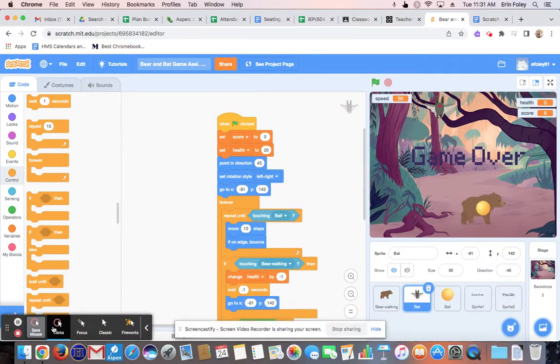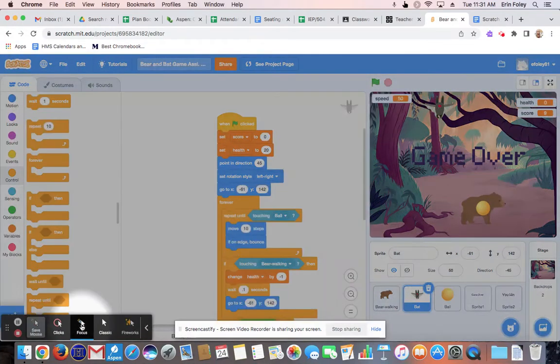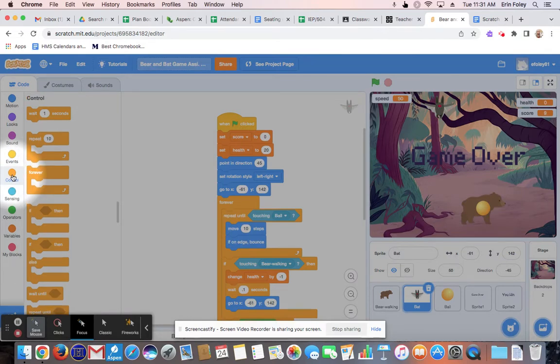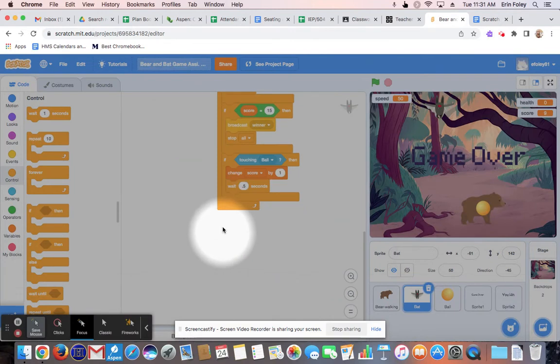This video is for the Scratch Project Assignment 5 levels. First, you're going to click on your enemy sprite, which in this case is my bat. And then from here, I'm going to click on the control menu, and I'm going to click and drag an if block. And that's going to go at the bottom, so I'm actually just going to scroll down to the bottom of my code, and I'm going to drag that if block to go underneath the last if